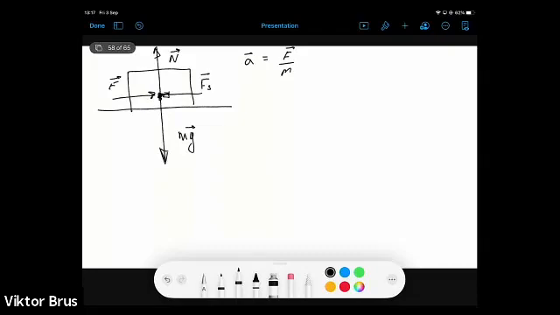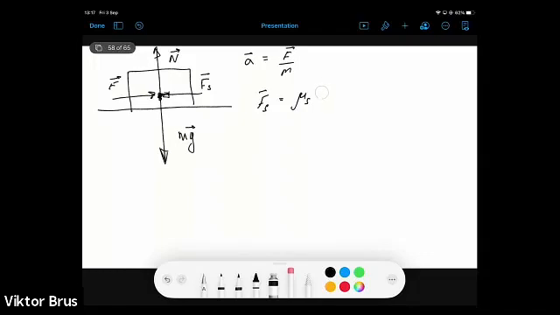And its maximum value, beyond which, if the force increases higher than this maximum friction value, the body starts to slide, is defined by two parameters. It's actually the static friction coefficient, μs, and